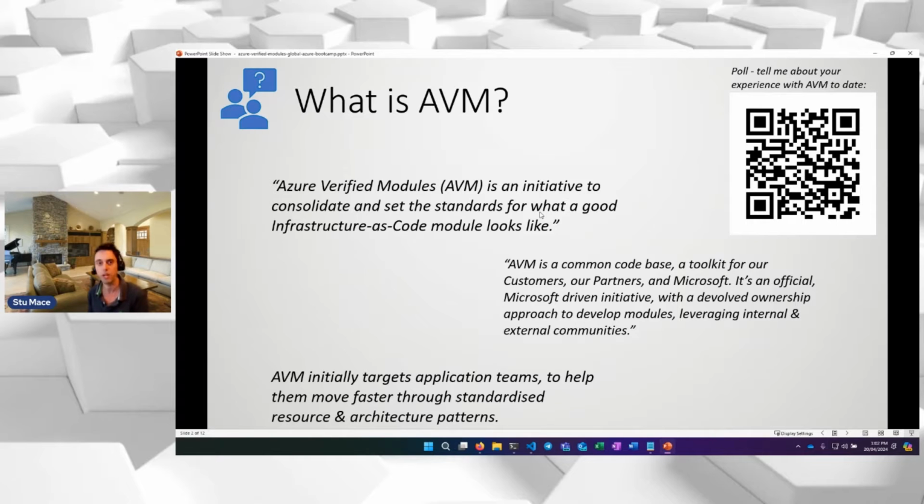And the idea is to devolve the ownership to product groups, so that the actual people who are responsible for the Azure resources are able to support the AVM modules and leverage both internal Microsoft and external communities. The initial target for AVM is application teams, meaning workloads rather than platform teams. And the aim is to standardize how resources and architecture patterns are created.